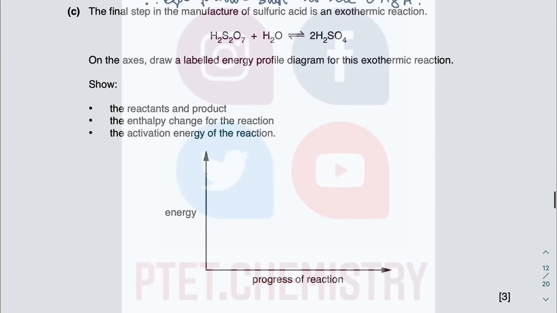Okay, next bit is quite straightforward. It's an energy profile diagram. You need to show reactants and product. On the left is the reactant, on the right is the product. Enthalpy change you can label like this, and activation energy you can label like that. And then they told you that it's exothermic, so delta H is less than 0. So this is my reactant,